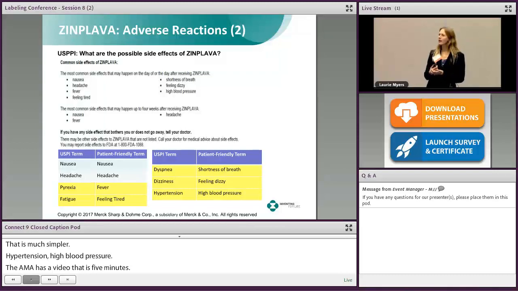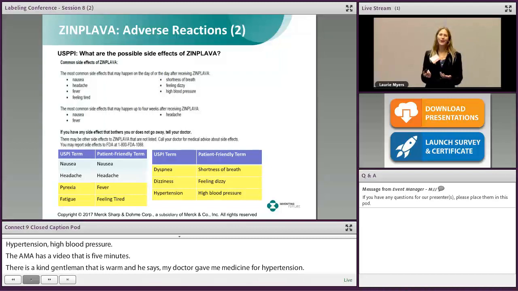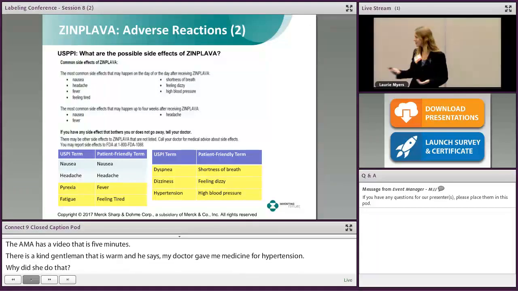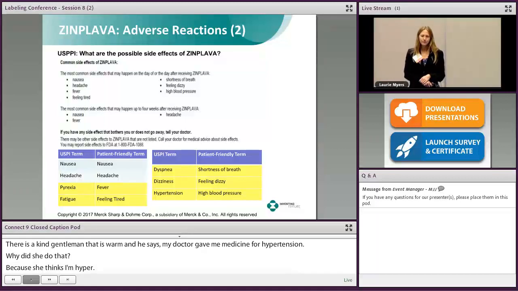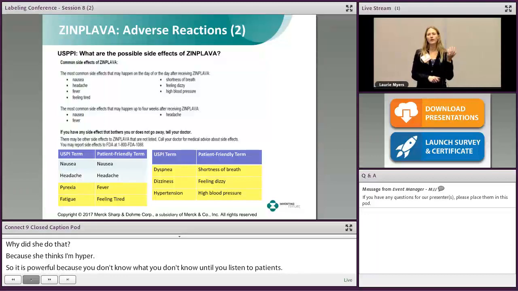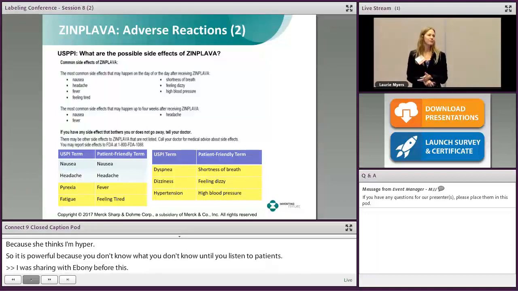And he says, yeah, my doctor gave me medicine for hypertension. Well, why did she do that? Because she thinks I'm hyper, right? And so, again, it's powerful, but you don't know what you don't know until you listen to patients. I was just sharing with Ebony before this, we have a product we're working on now, and